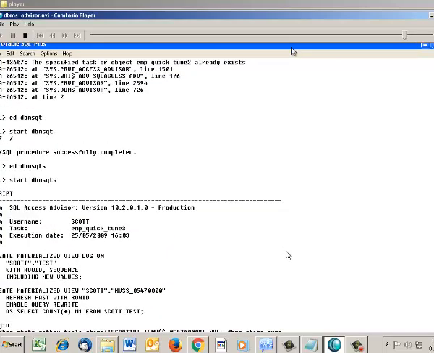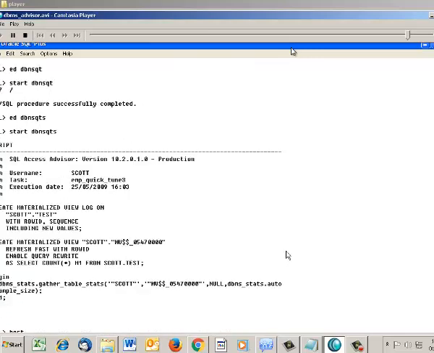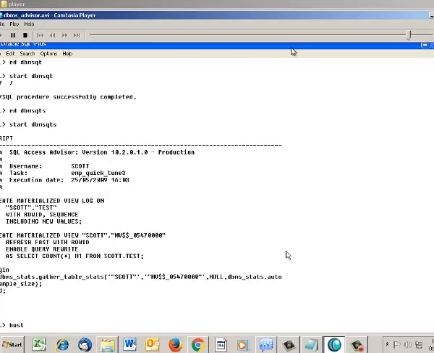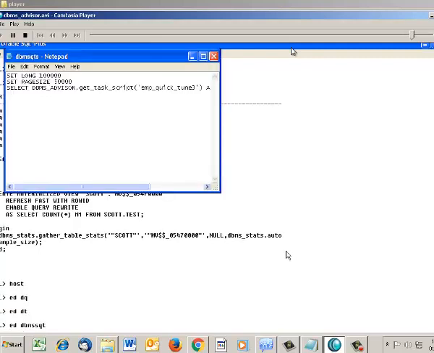Here you see dbms_sqt, that script is run, and then if you want to see the contents of it, we will fire the following script. You see, you just select dbms_advisor.get_task_report and task script of